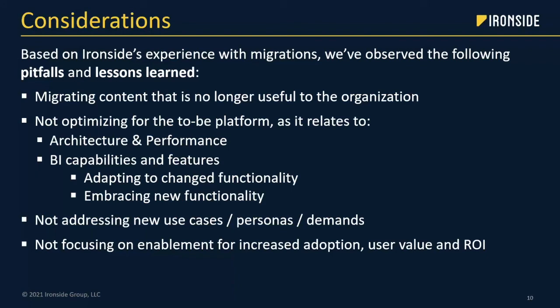A couple more: not addressing new use cases, new personas, and new demands, right? Change is permanent, so it's important to understand where things are, what people need, and have regular touch points with the user community to understand where they want to go and what they need to be doing. And then finally,